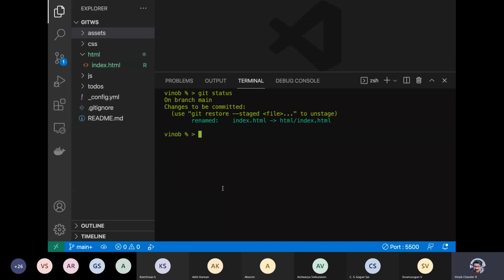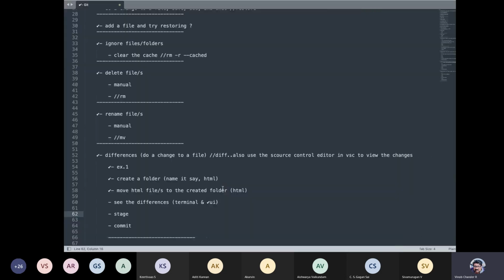And then let us do a commit. So git commit -m. What do we give as the message?